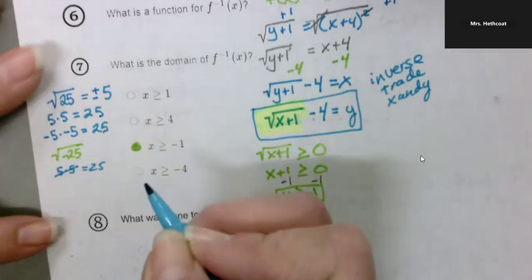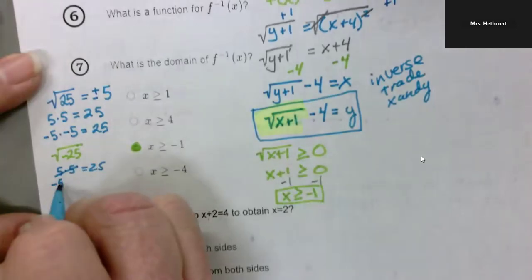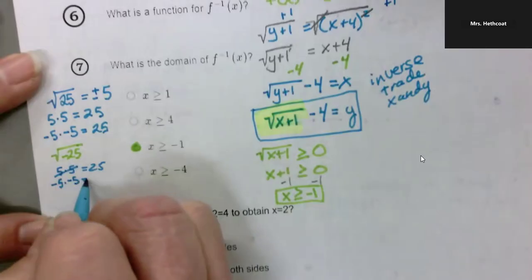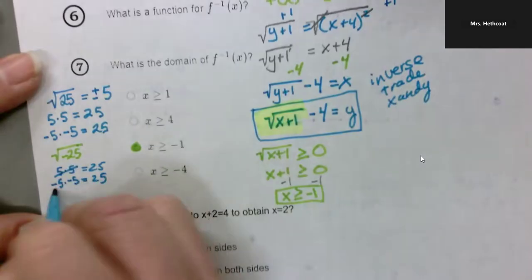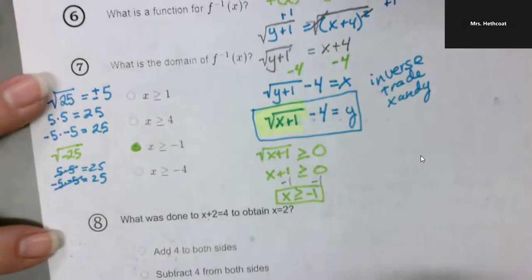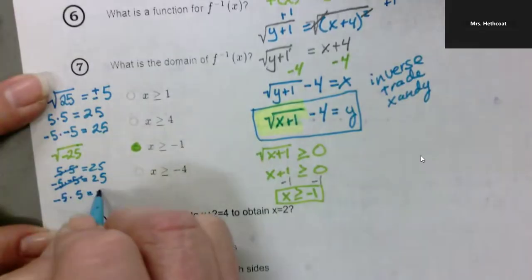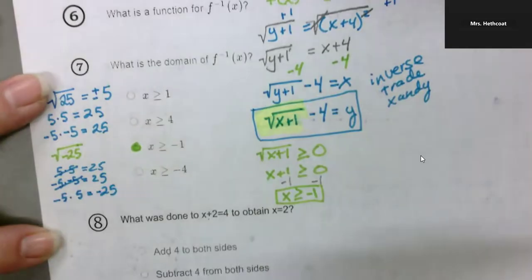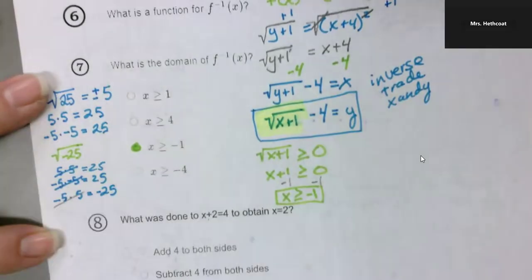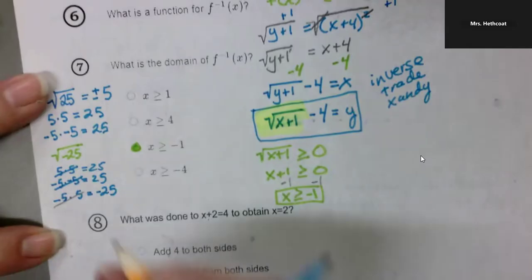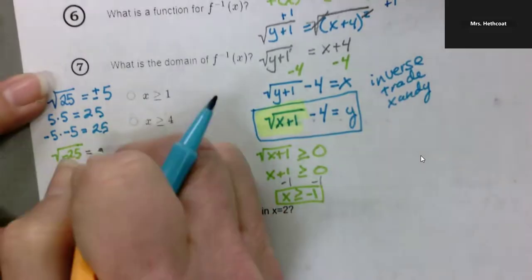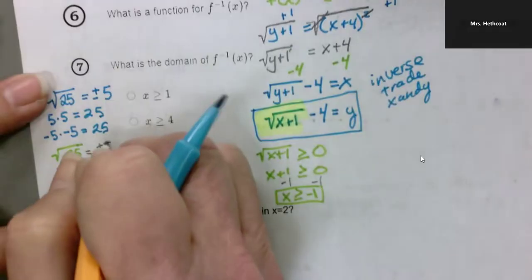Negative 5 times negative 5 doesn't work because that gives us positive 25. Oh, wait, negative 5 times 5 would give us negative 25, but that doesn't work because those two are not the same number. One's a negative, one's a positive. You have to have the same number. So the answer to this would be plus or minus 5i,